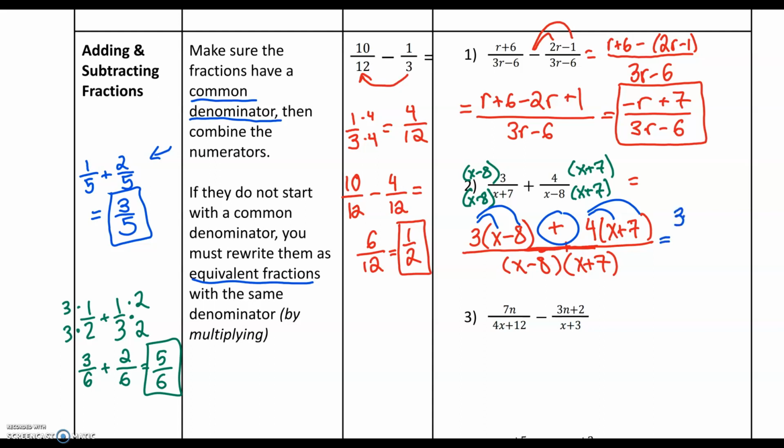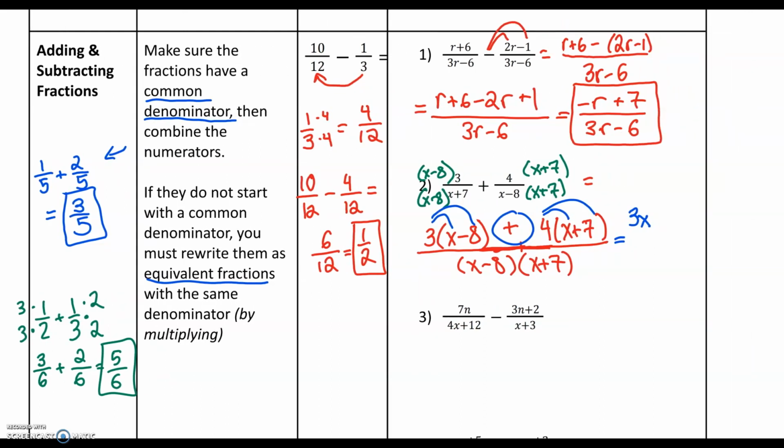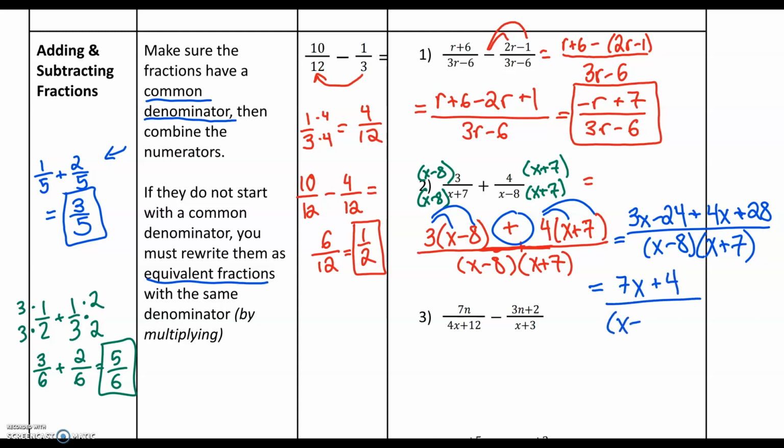So you'd have 3x minus 24. And to that you're adding 4 times x is 4x, 4 times 7 is 28, all over x minus 8 times x plus 7. Just clean up steps once you combine them into one fraction. Combining like terms, you have 3x plus 4x is 7x. You have minus 24 and positive 28, which would give us plus 4 over our common denominator,